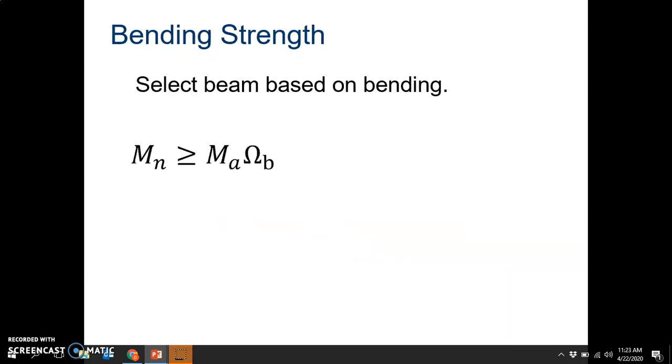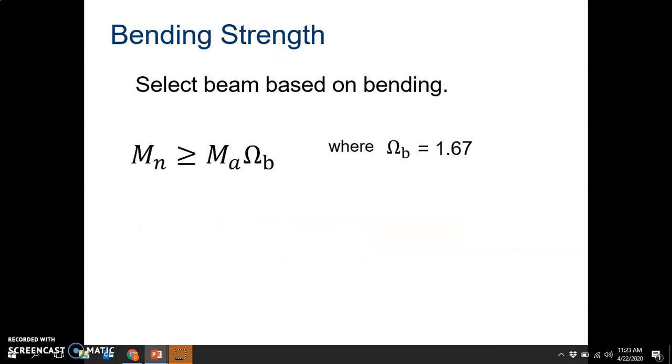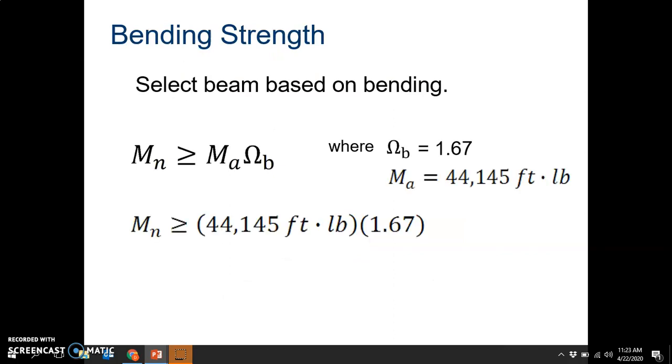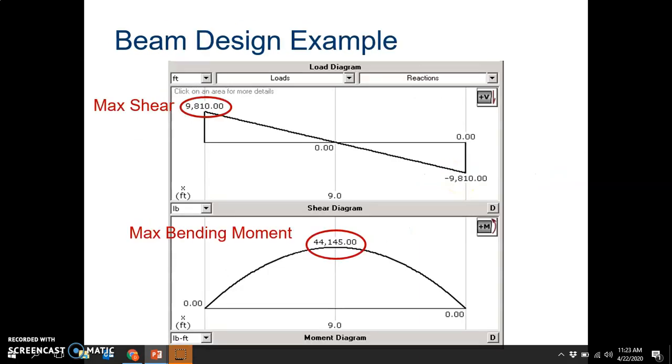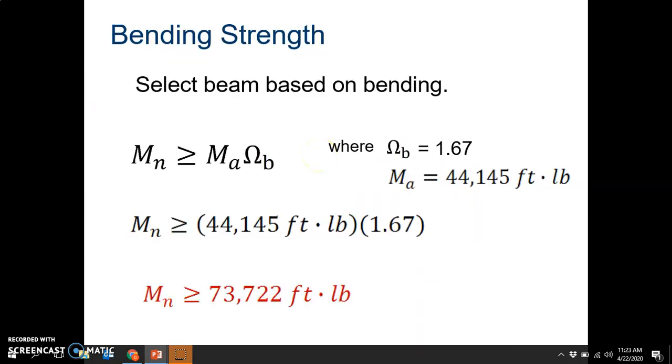You then need to take this max moment, because we're going to do moment first, and multiply this moment by 1.67 to beef it up a little bit to have a stronger member, or a beefed up factor of safety. So we take our 1.67, multiply by 44145, which is right over here. And that gives us a final moment that we need to design to of